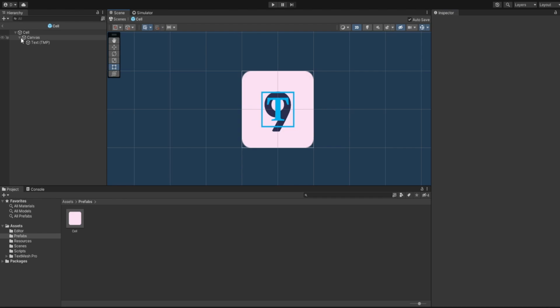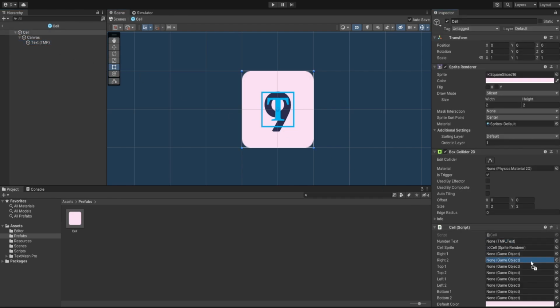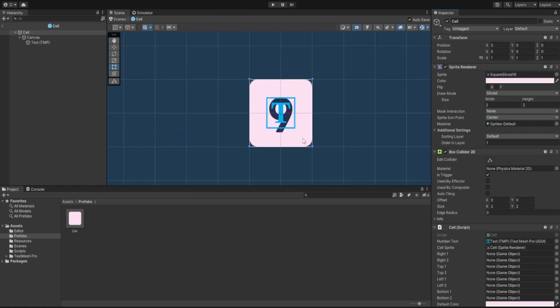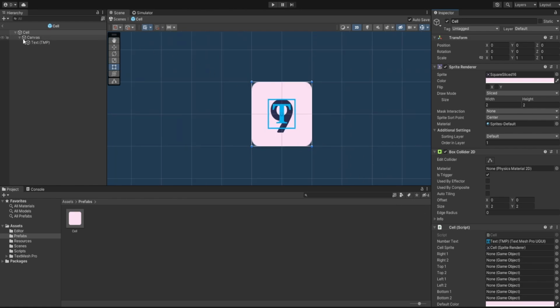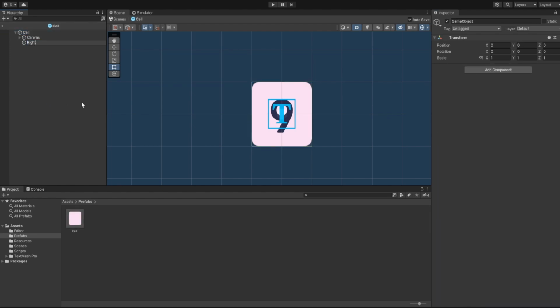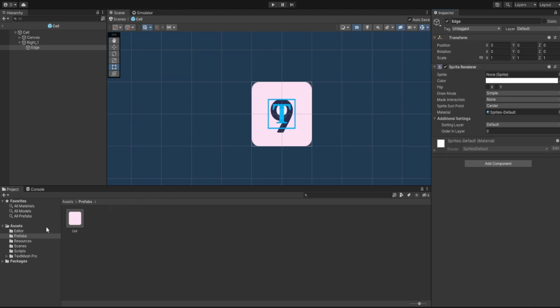So this is going to be our text, and it needs to have a text attached. So let's attach the text, and after that we'll need to create our edges. So let's create our first edge. So we'll create an empty, and we'll rename it as right_1. It is going to be the right one, and our right is going to have a prefab, and the prefab is just going to be the edge. And let's attach a sprite renderer component, and for the sprite we are going to use our default edge, and